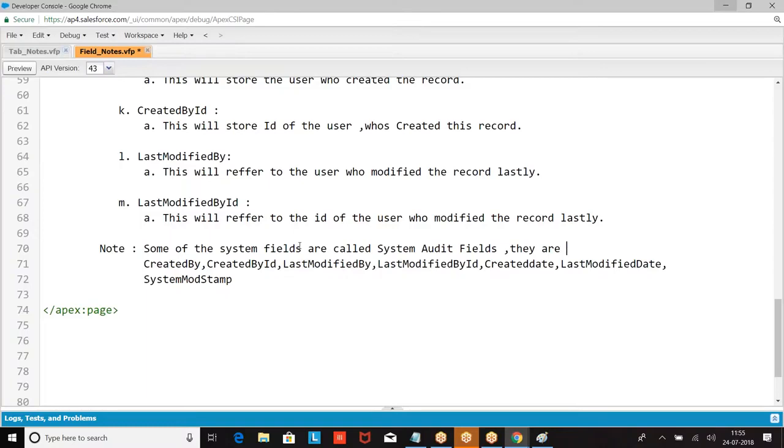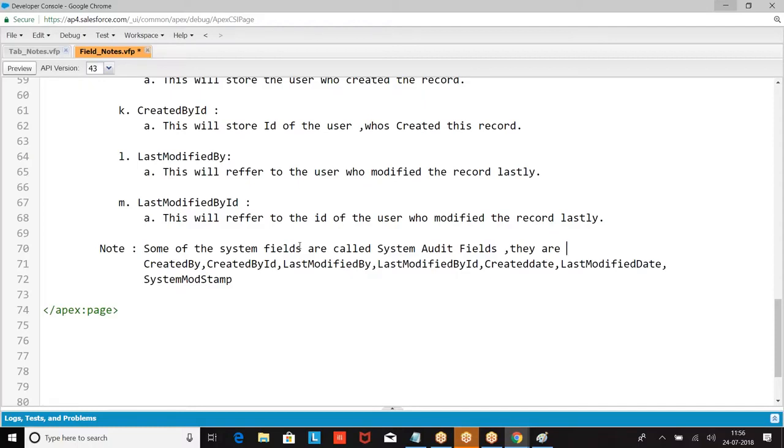Right. Audit means what? Who created it and when it is created. It's called audit. Who modified it and when it is modified. This type of data.